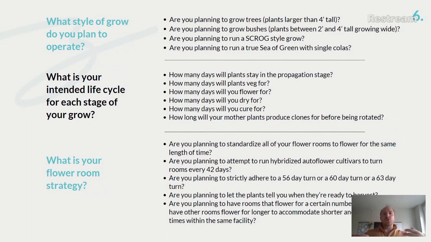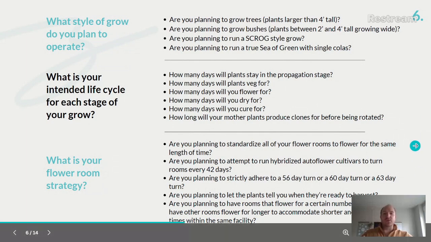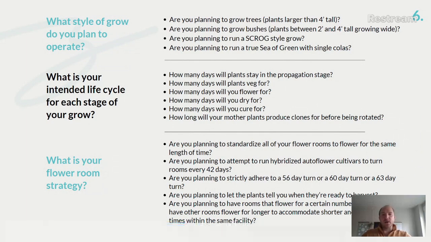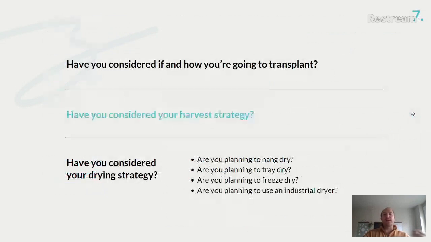And ultimately, what I do is I design the operation and I genetically select cultivars to fit that operation. I do not recommend cutting plants early or cutting plants late to fit with your schedule. Rather, select the genetics that will fit with the plan that you want. And if you stick with a 9-day turn or a 9-week turn, you may have a greater availability of genetics with which to select from. And ultimately, all of these questions are going to how many rooms, how big those rooms are, and what your week-to-week, day-to-day workload is for all of your employees.